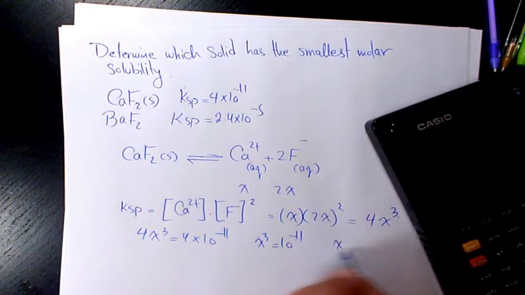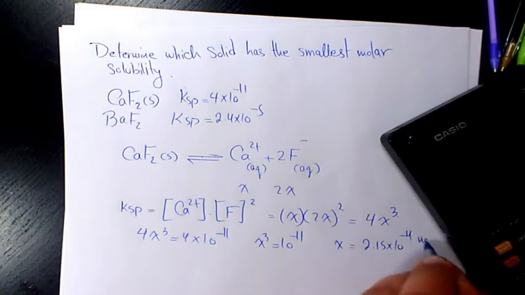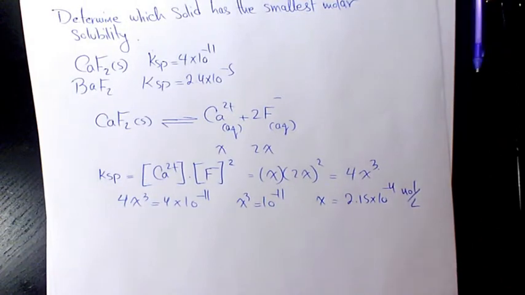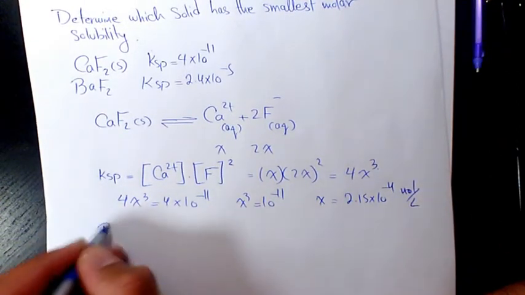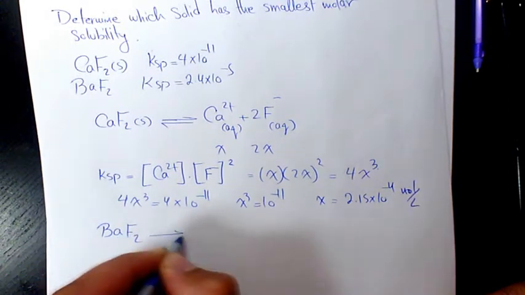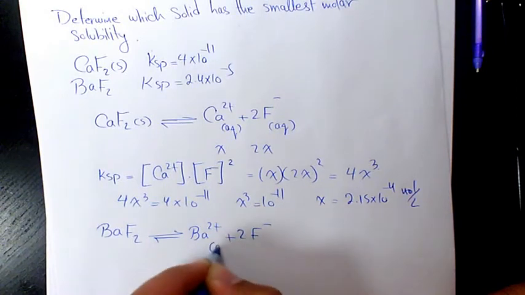X will be 2.15 times 10 to the power of negative 4 mole per liter. That's the molar solubility of the first one. Now for the second one, we do exactly the same thing because the compound is very similar. So Ba2+ plus 2F- aqueous